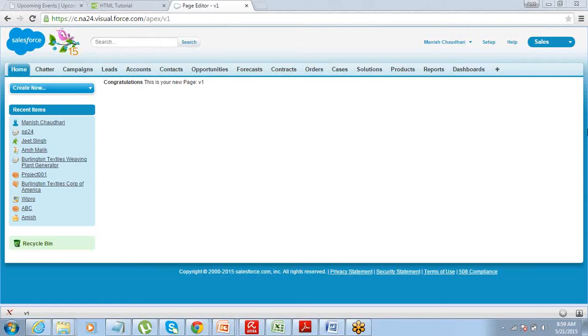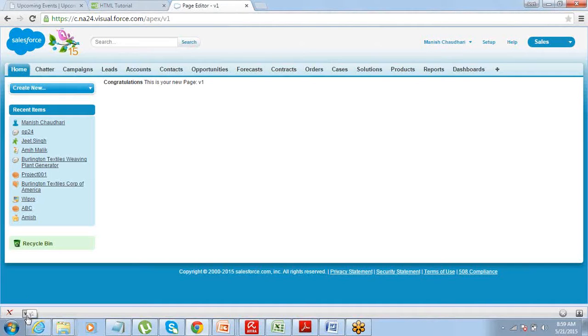All right. So we are able to create our page. Great. Excellent. So the Visualforce page got created. Now the only thing that I have to do is control the code of the page to control what all components are visible on the page. This is the output of the page, but I'm going to control the output of the page using the code. Where is the code? The code lies here, exactly at the bottom of the page.